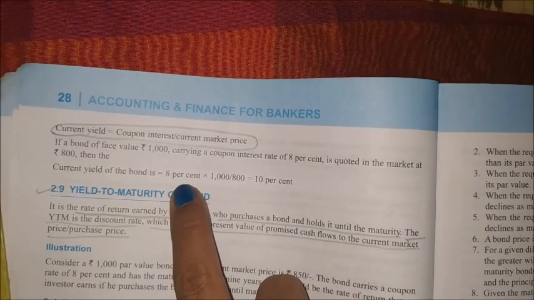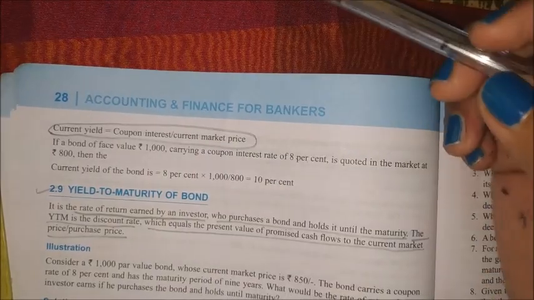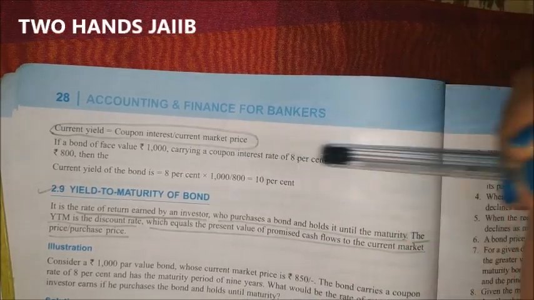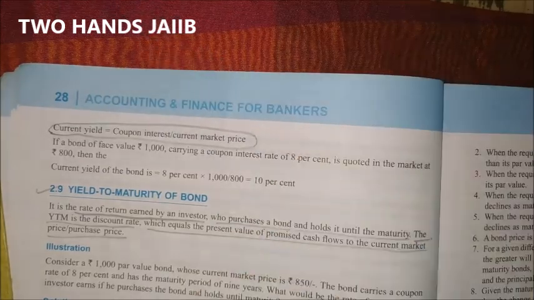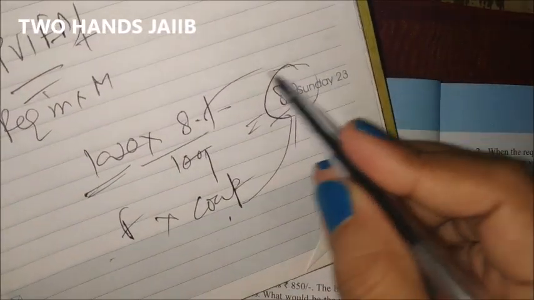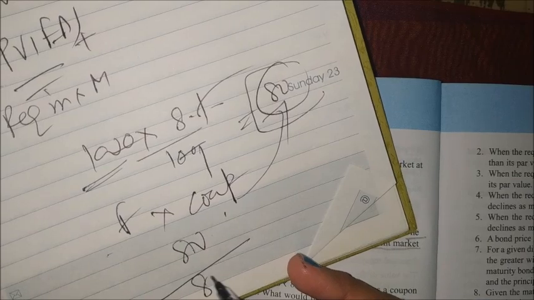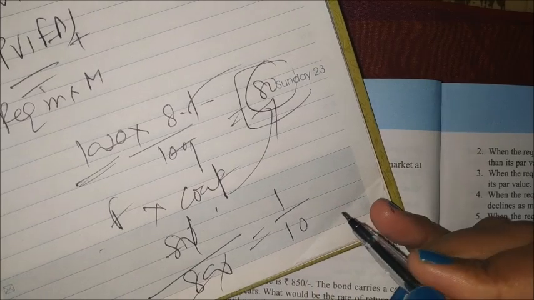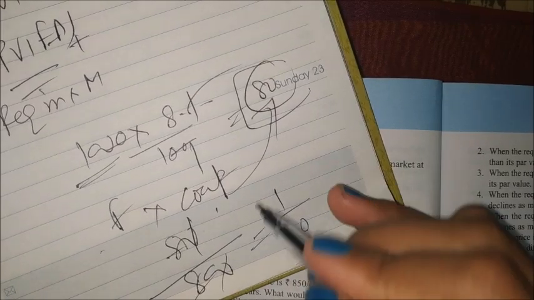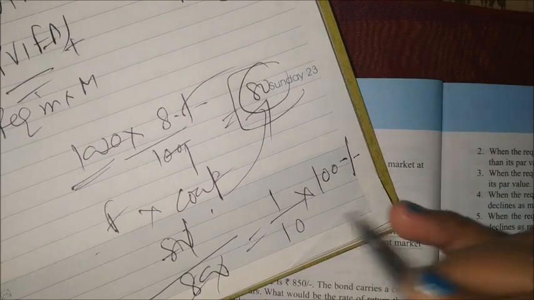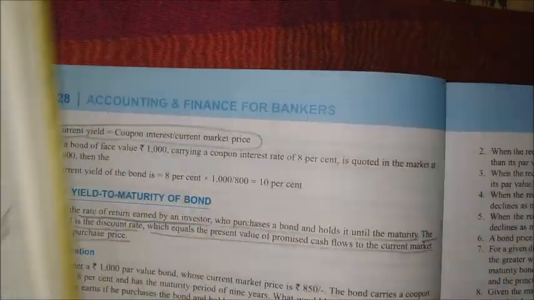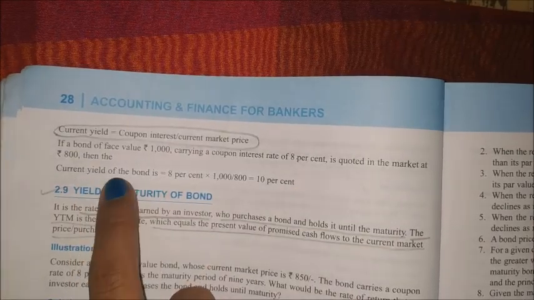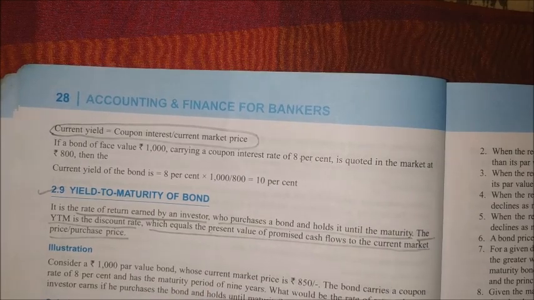Okay, so 80 numerator. And current market price, they are saying that it is quoted in the market at 800, means its market price is 800 only. So 80 numerator I have calculated and current market price is 800 only. So 80 divided by 800 is 1 by 10. I want answer in percentage. If I want answer in percentage, so I have to put 100. I can put percentage. Okay, so it will come 10% only. Hope you understand this question also. Current yield of a bond. Okay, how to calculate the current yield, that I have explained here.